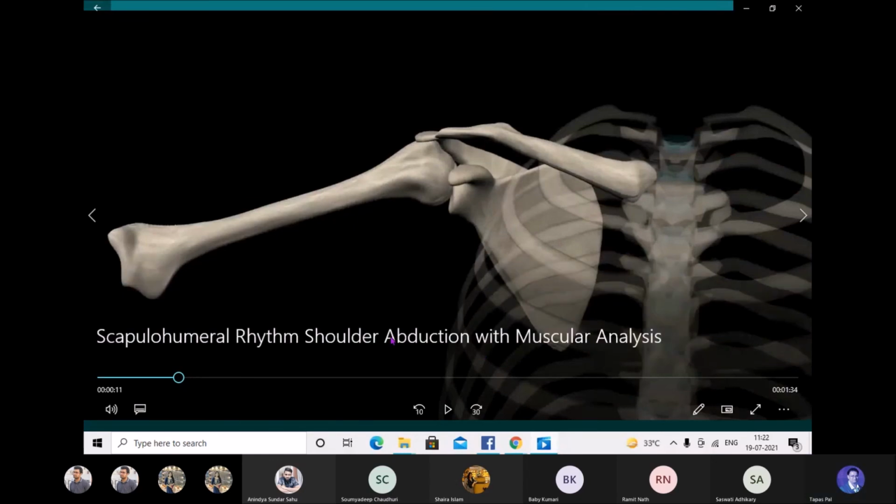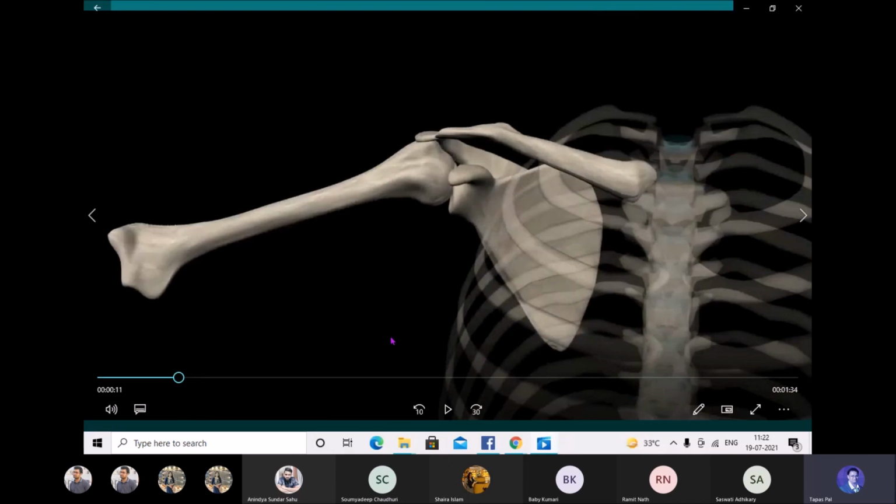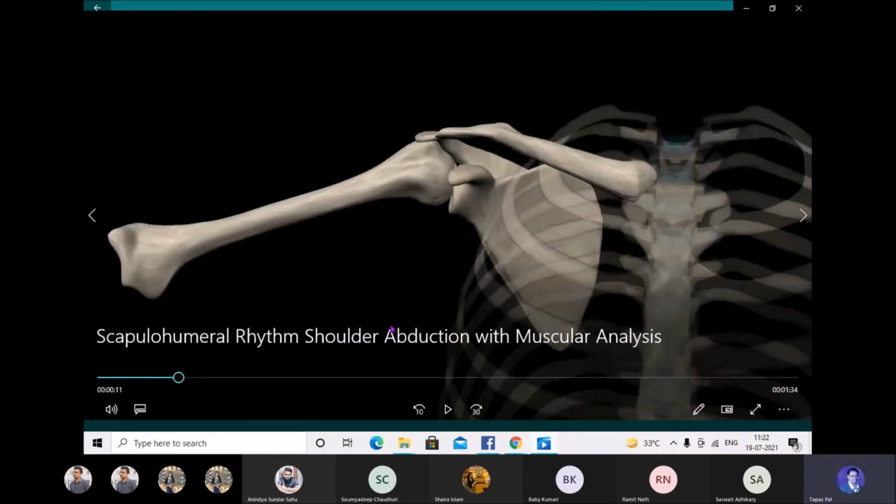That means if the retractors cannot stabilize the scapula, the protractors will pull the scapula more. Normally, we know a bone or a movement is stable whenever there is 50-50 contraction of agonist and antagonist. But if your rhomboids are weak, what will happen? There is no problem with the serratus anterior, but if the rhomboids are weak, the serratus anterior pulls the scapula more.